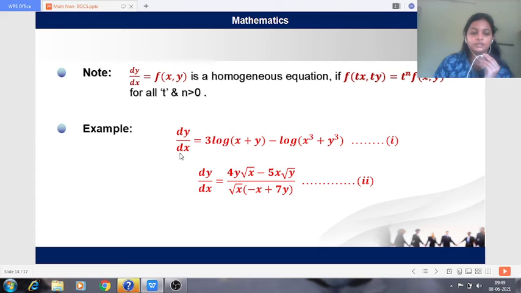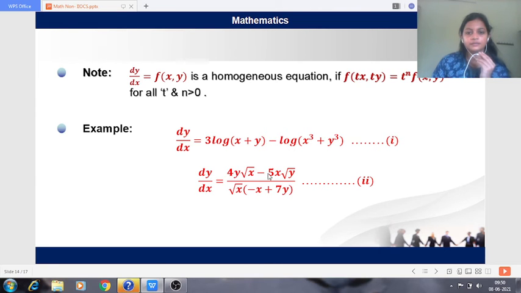So here we can easily verify that this equation 1 is a homogeneous equation, as well as the second equation, dy/dx is equal to (4y root x minus 5x root y) divided by (root x into (minus x plus 7y)). This is equation 2. Here we can easily show that the equation is a homogeneous equation, because